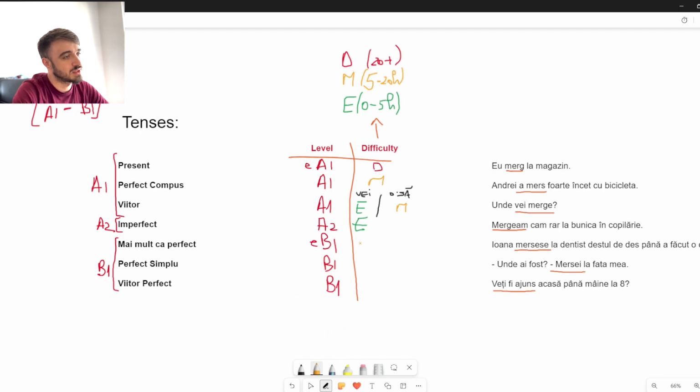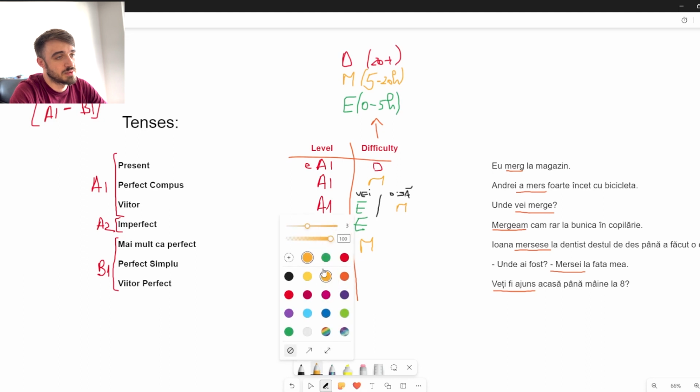Medium to difficult. It's something that, again, if you're not native or fluent in English, although if you're listening to this video, I assume you should be, then it's more difficult than just 20 hours. Then the perfect simple. Well, if you know the mai mult ca perfect and everything before, I would say it's somewhere between easy and medium. So